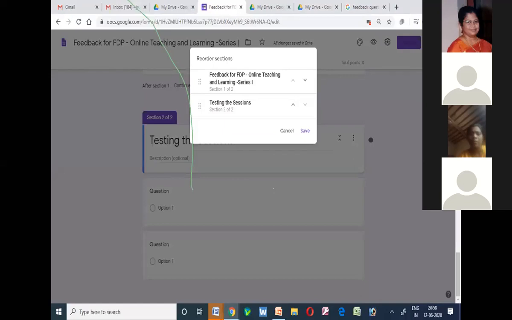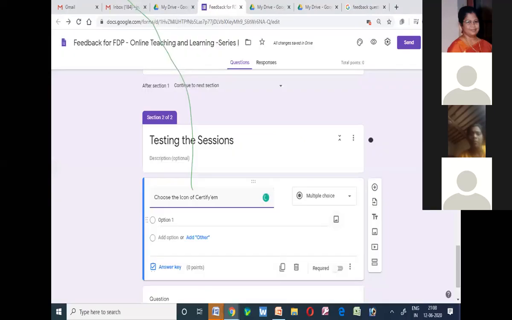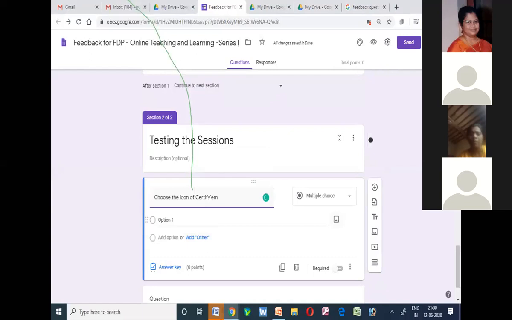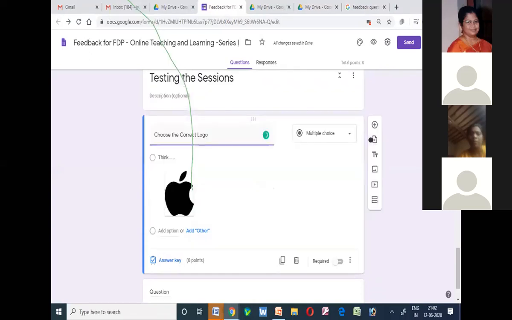The second section name is testing the sections. So you can choose which option you want to select for moving based on the answer given by the student or the customer who is giving the feedback. Depending upon that, you can choose and go to a different section.